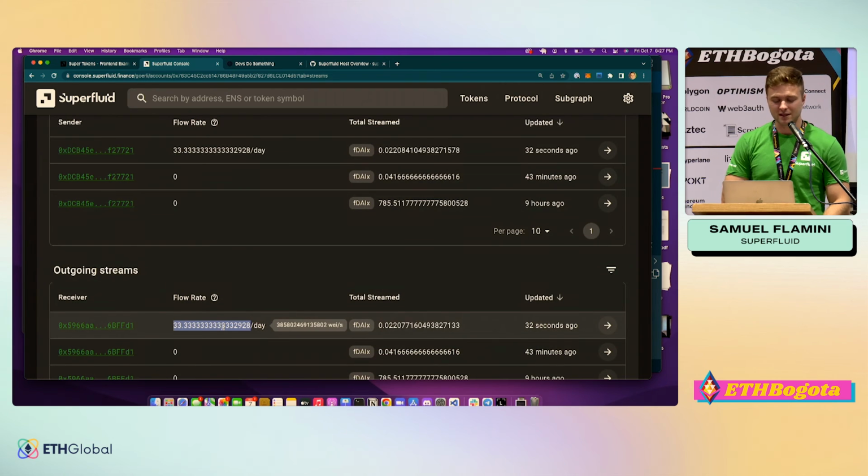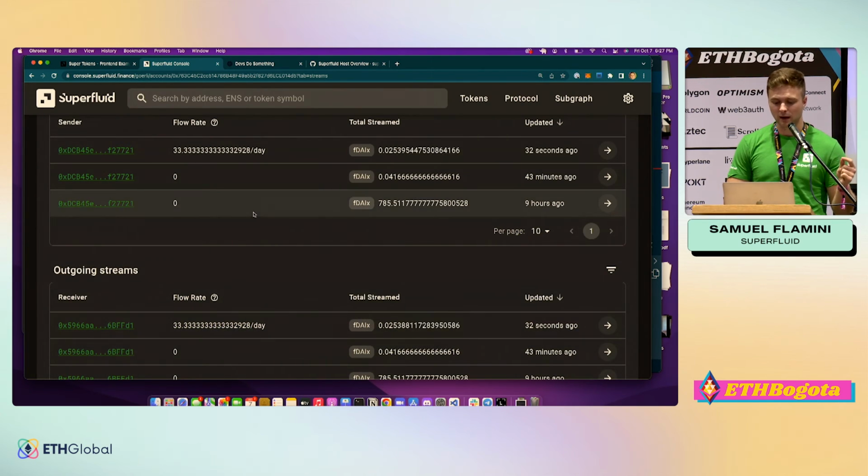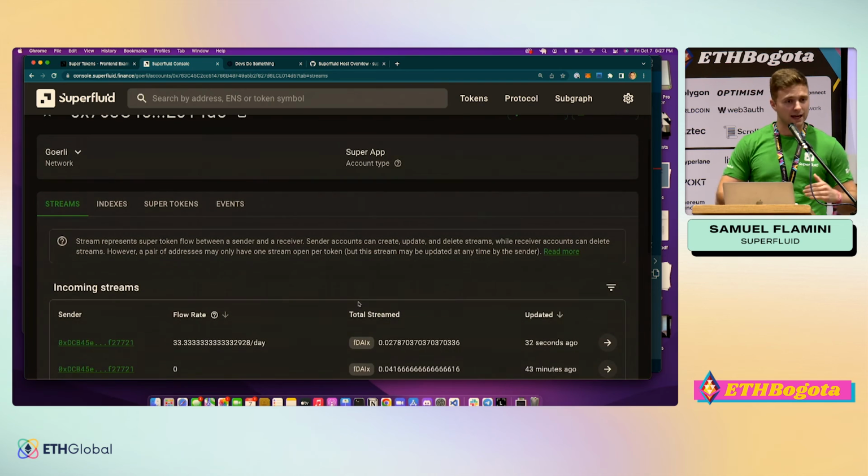We also have an outflow rate that was automatically created. We didn't create that. Those callback functions created that, so it reacted to that operation for the exact same amount, so that they match. And that's the idea. So that's end-to-end a super app contract and all of those JavaScript SDK examples. It should get you started and hopefully give you some ideas.